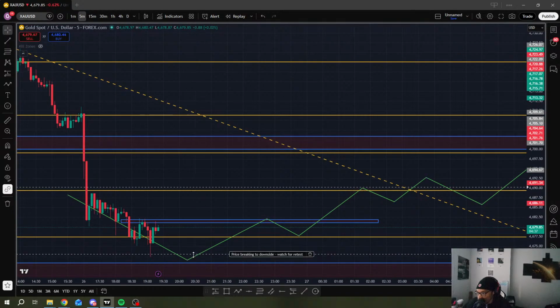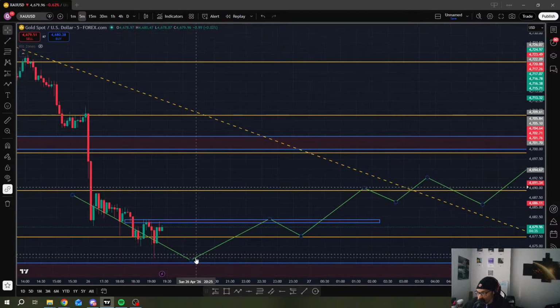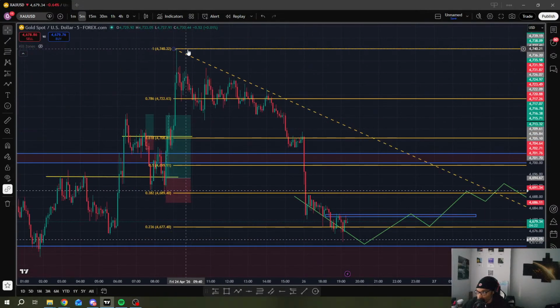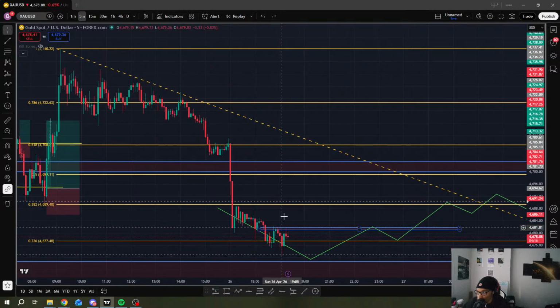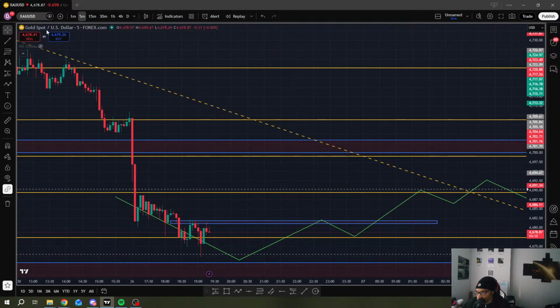We have price pushing down here. We know what's going to happen if price pushes down here. We have price pushing back up here, back into this gap area to essentially fill it. And if we push past this area, again, we're going to look for buys all the way up into this target 1 here. Either this target 0, this target 1 or this target 2. But if we don't push above this area and we can't hold, then we're not going to look for too many buys. We're just going to stay steady. Okay?